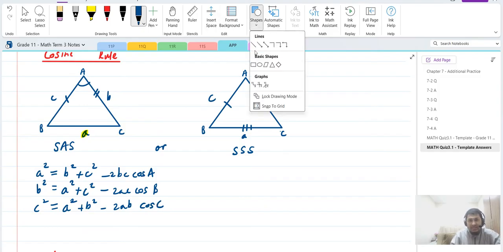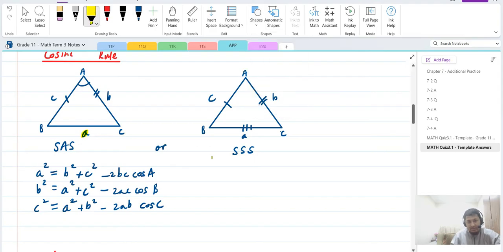Now in the second case where side, side, side is given, you have to go and find the angle. So if I have to find angle A, I will make angle A the subject of the formula. So cos A is equal to, what will cos A be? Remember you have to move this entire term onto the other side and say b squared plus c squared minus a squared, because we have to bring the a squared over, and then divide by 2bc to find cos A. So it's going to be b squared plus c squared minus a squared all over